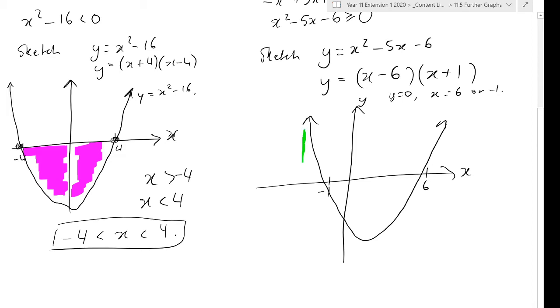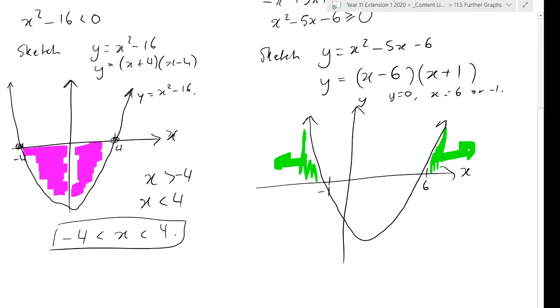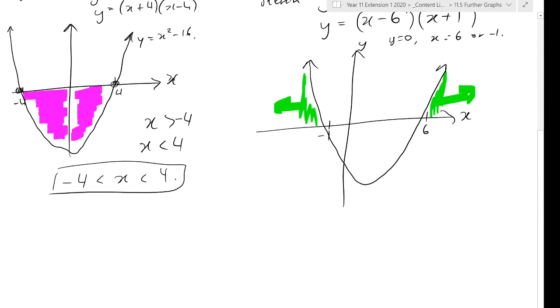Whereas over on this side, over here and over here, so beyond the 6 and back past the negative 1, my values are positive or greater than or equal to 0. Because it's greater than or equal to this time, we're going to be using the greater than or equal to or less than or equal to signs. So the values for when this is true are when x is less than or equal to negative 1,